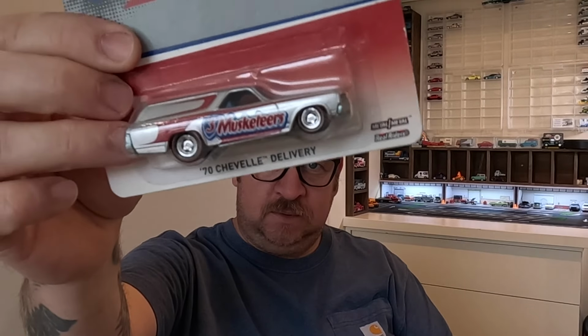But this one is labeled as a 70 Chevy delivery. So I think it's kind of interesting. The base is the same as this base as far as the name of the car or the casting. But why label them differently on the card? I don't know. Why this wouldn't also just be a 70 Chevelle SS wagon. But anyway,